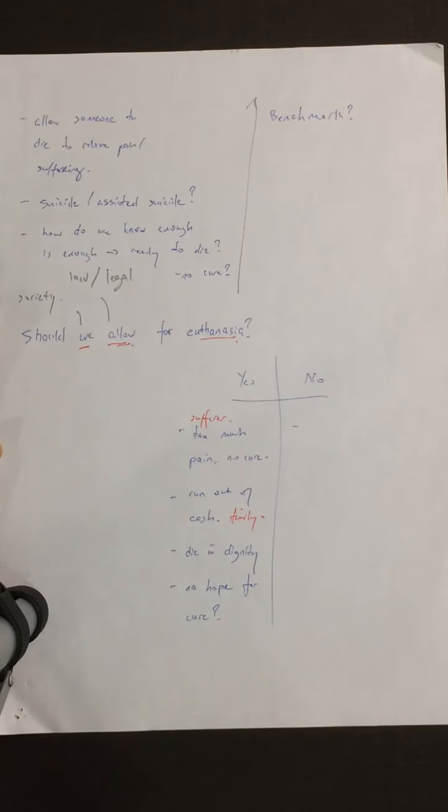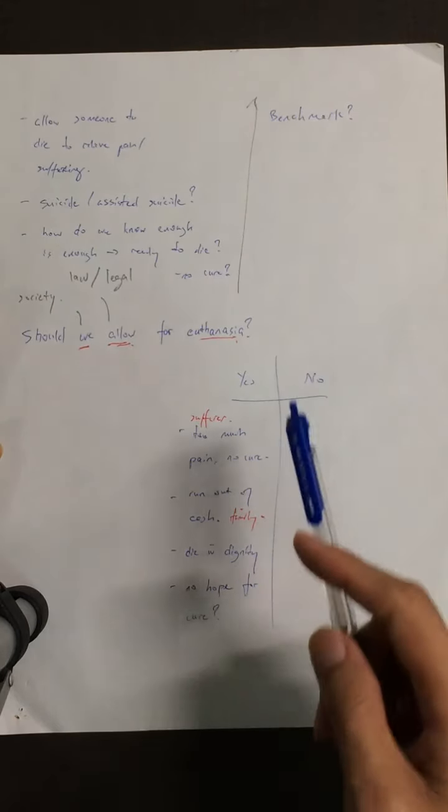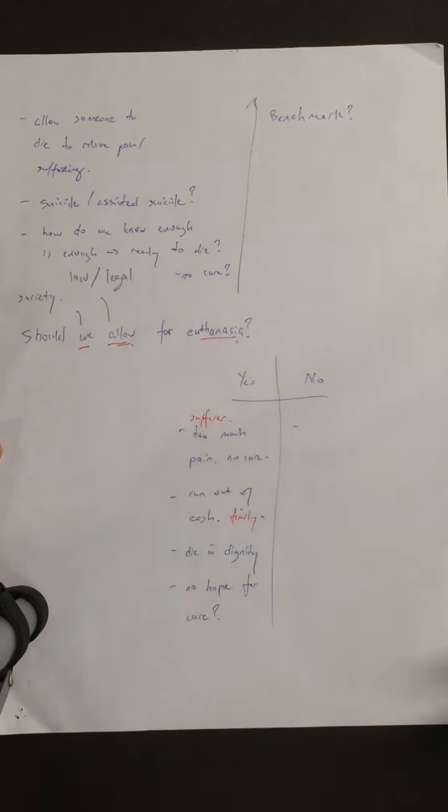Perhaps there's no cure, no hope, and no more hope that there could be a possible cure. So these are some of the common arguments for euthanasia. Now, arguments against euthanasia. What are some of these arguments? And I repeat again, let's say in this case, I really don't know any examples and I have no choice but to